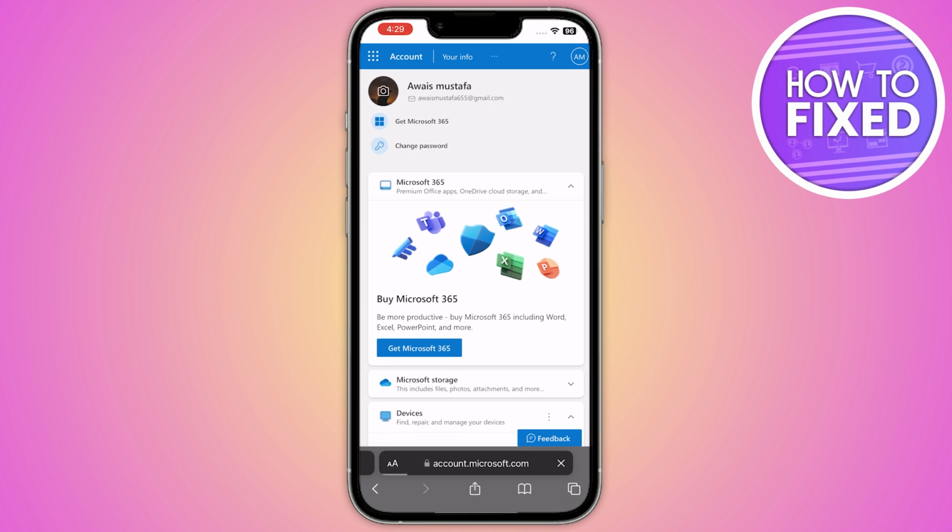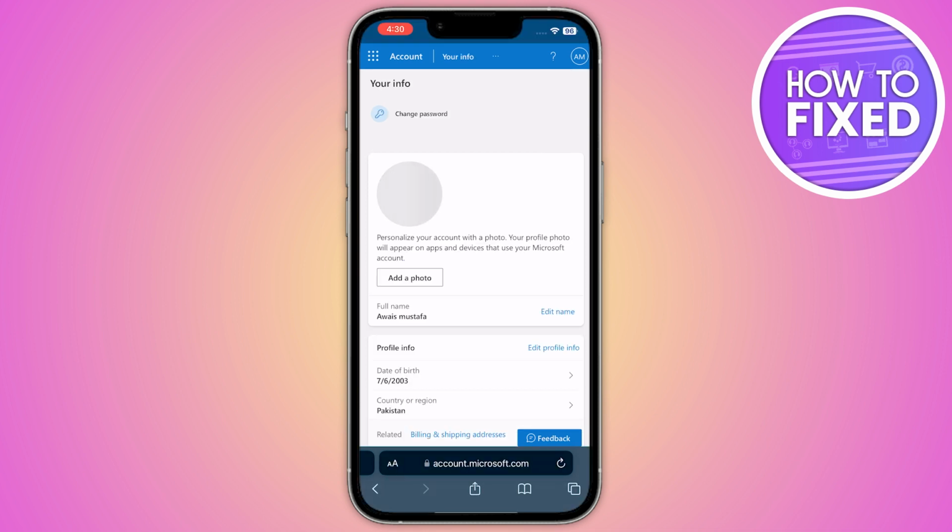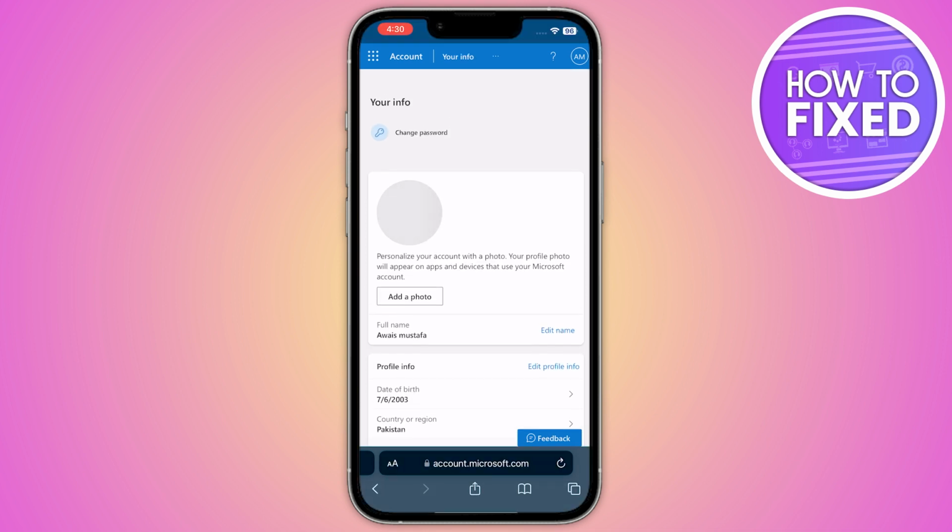Now once you add all of your login details in your Outlook, here is the option of change the password. You have to click on it. Now once you are in here, in the top there is the option of your info change password. You have to simply click on it, and here you have to go on the login.live.com of the Outlook Microsoft,